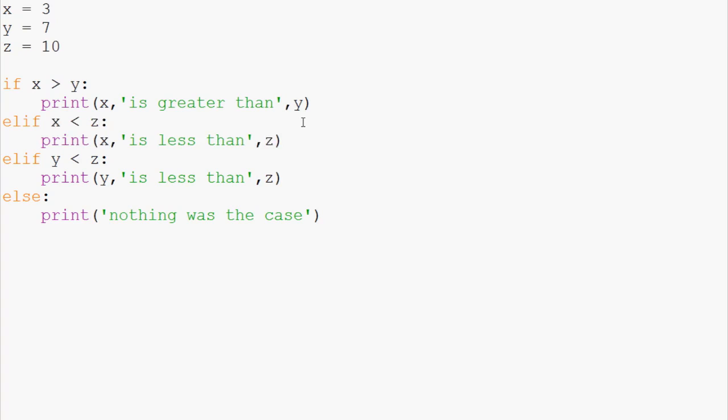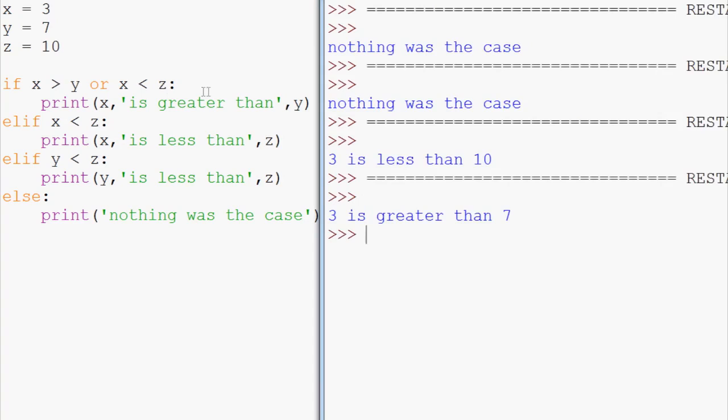Now, what if you want to combine multiple ifs and elifs, and you want them to be contingent on the multiple ifs? This is also possible. So you might think, okay, if x is greater than y, or x less than z, something like that, right? Let's see if that would run. So we save and run that, and we get 3 is greater than 7. Well, we actually meant,